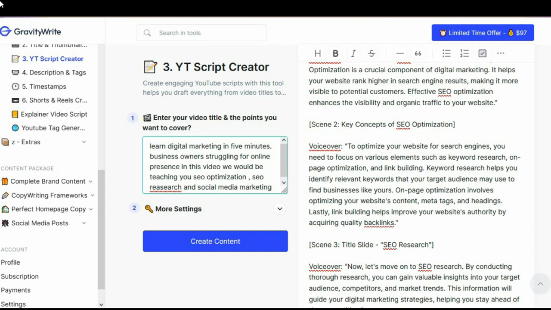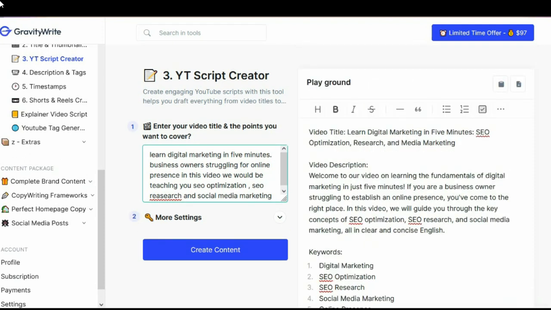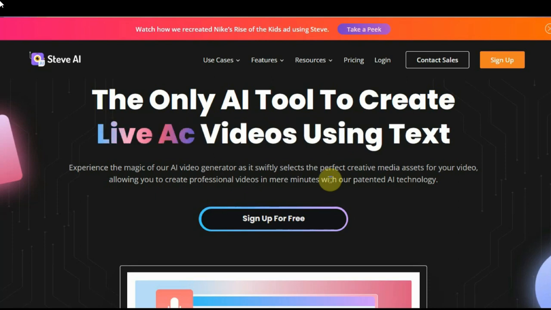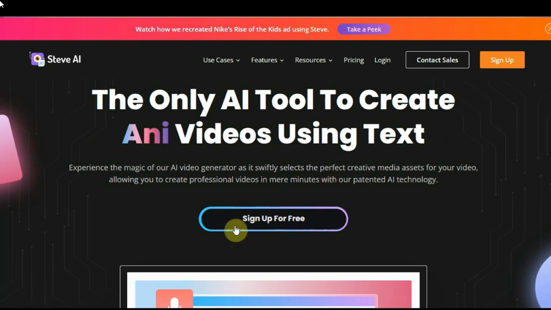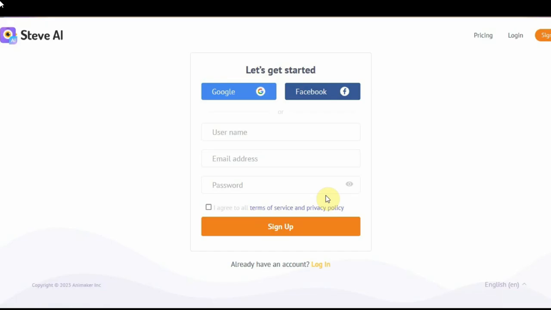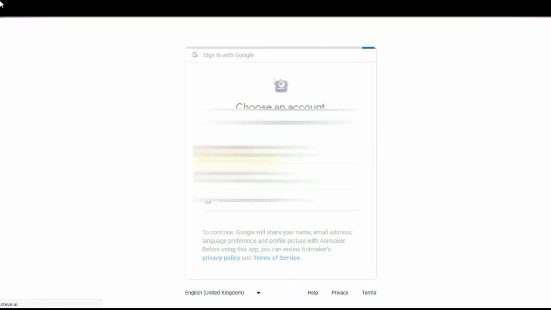So to do that, we are going to use another tool called Steve.ai. First, we need to create an account on this. Now select Sign up for free. Now you can simply sign up with your Google account. After signing in with your Google account,